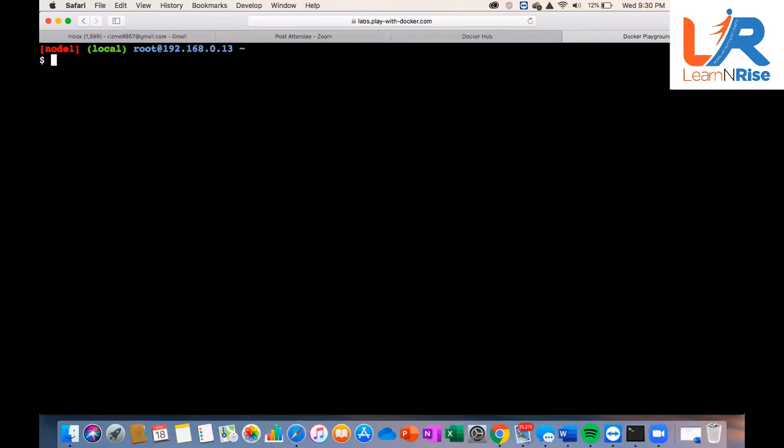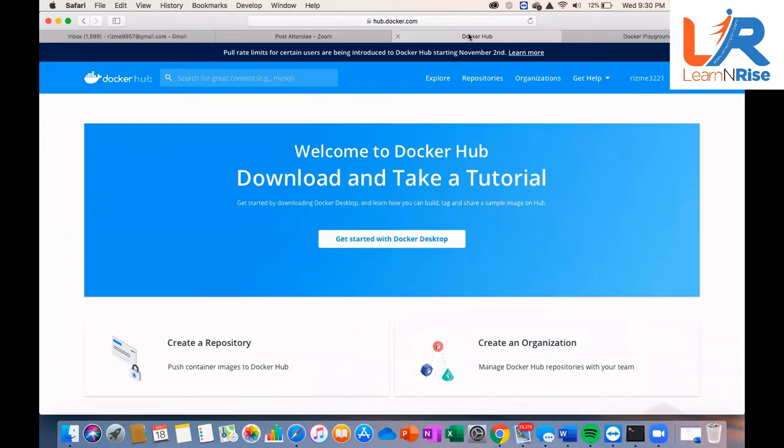What we are going to do today is pull an image. That image is basically a web server. It has a web server installed by default. So go back to your Docker Hub one more time, and let's see which image we should pull. In the search box on the extreme left, type the username Tutum.